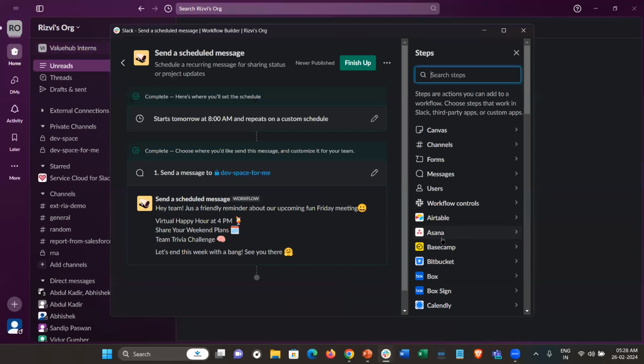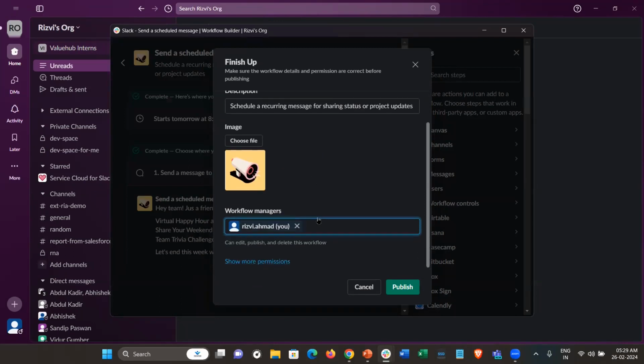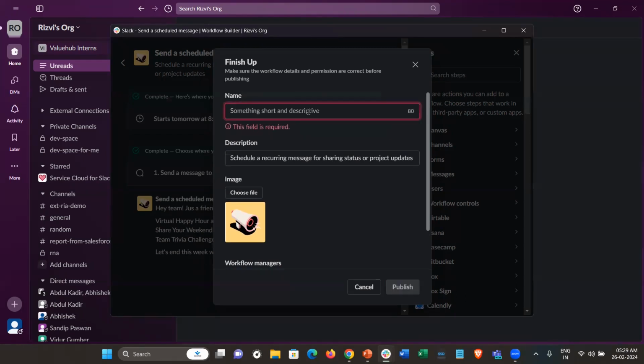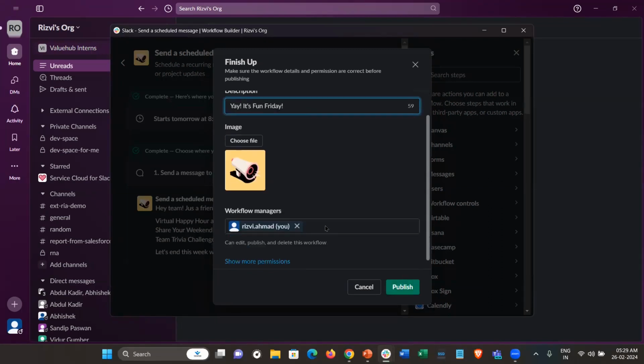For now, we are not going to create steps. We will be finishing up the workflow. And after that, we can see a couple more options we need to specify. The name of this workflow, it's better to change the name based on the agenda. So as this is a Fun Friday meeting, we will use FFM as its name and describe it as we will keep this image